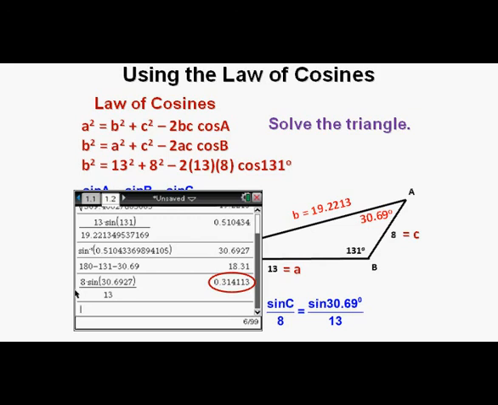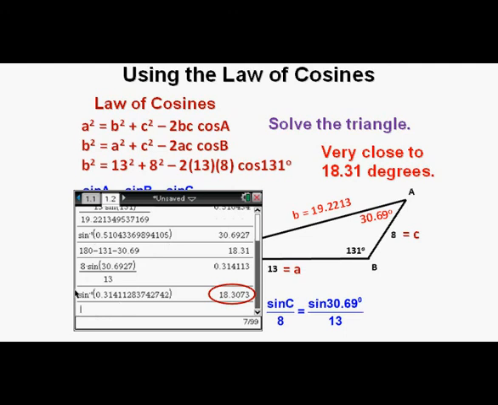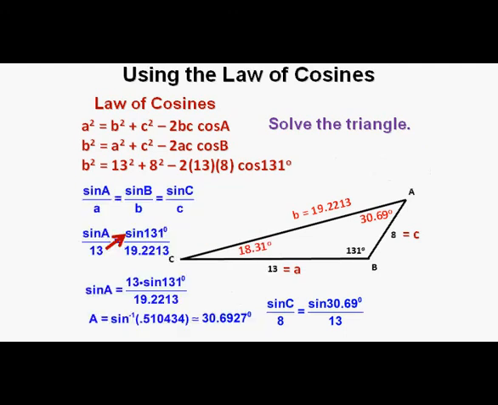0.314113. We solve for angle C by taking the inverse sine of 0.314113 as entered here in the calculator, again using ANS for that sine value. Press enter. We get 18.3073 degrees. And rounded to the nearest hundredth of a degree, that's 18.31 degrees, just as we calculated a little earlier by subtracting from 180 degrees, which confirms our earlier calculated answer, which we write in the far left corner of the